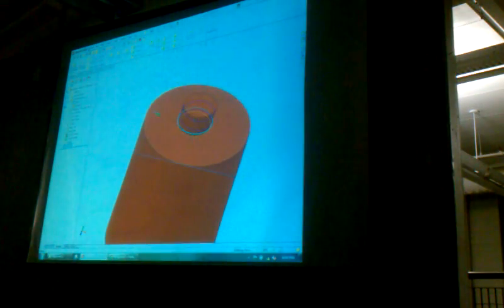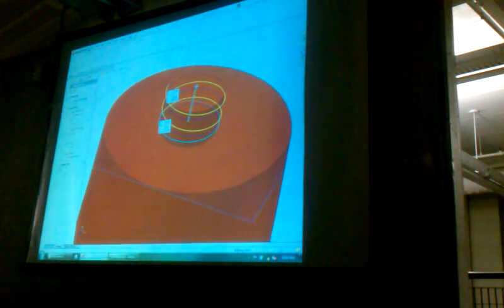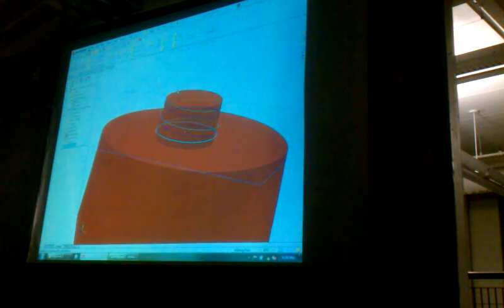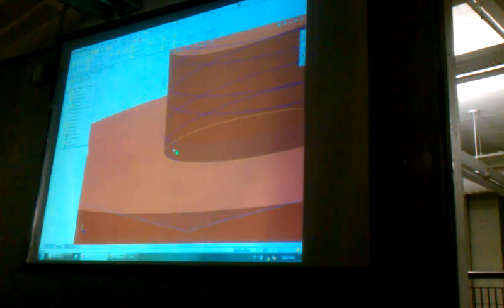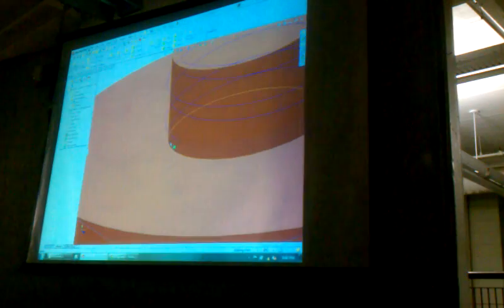Alright, so you see how I've got the circle that's up a little bit off of where my first one was? So now when I make my next helix, based on the second circle, and if I leave all these settings the same as they were for the other, see I have two spirals that are the same pitch and number of rotations. So now when I go to create those threads, by sweeping on those,